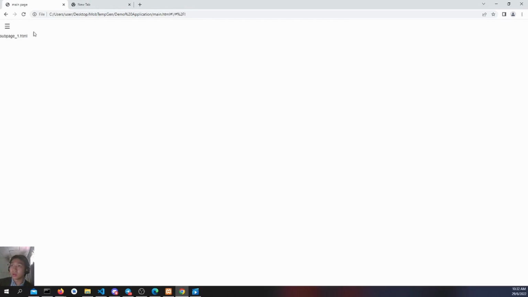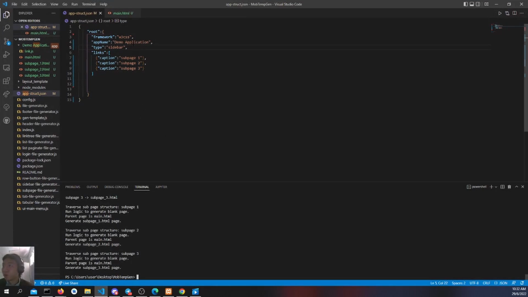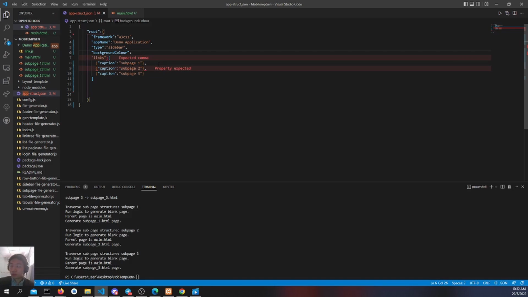Reload this one, and it will show that this is behaving like a single page application, where it only displays the content of the body of the website. So let me try to differentiate more. We can add a background color for the application. The background color attribute we can add under the root, in the configuration of the application we want to generate. Let's say from the W3 CSS, it follows the framework